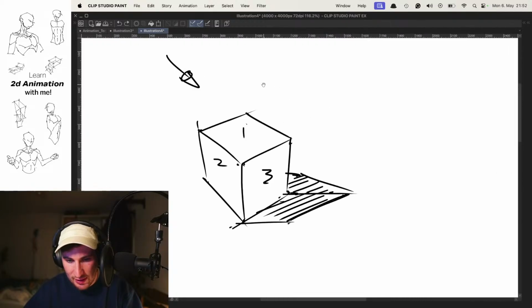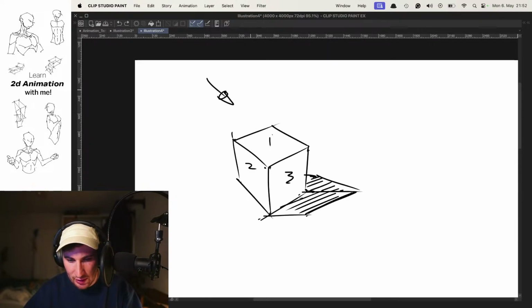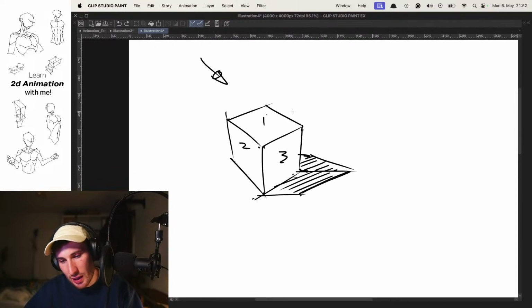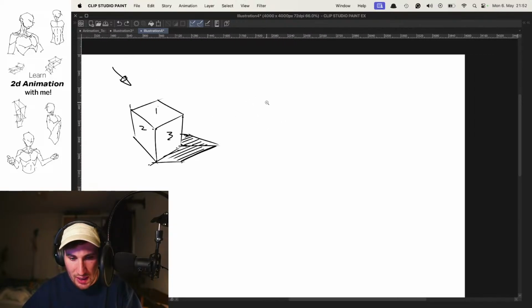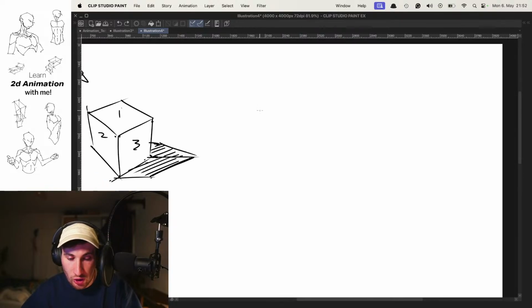If the light is coming from that direction, number 1 means this is the brightest surface of this cube. Then we have 2, and number 3 will be the darkest. With that we can quickly assign our values for this cube, and it gets way more helpful, or sometimes more interesting,